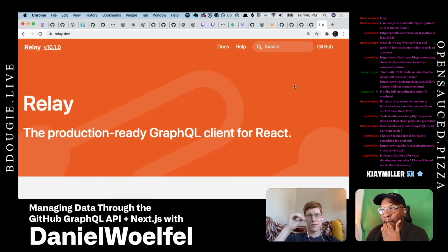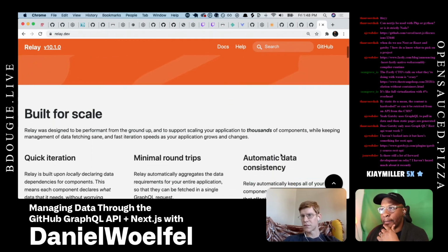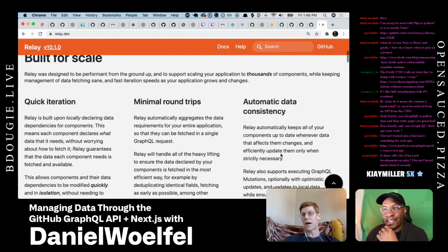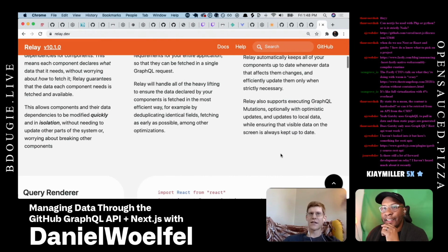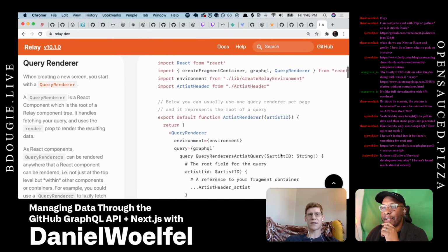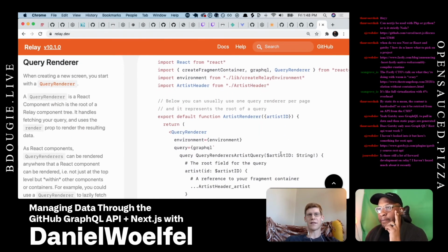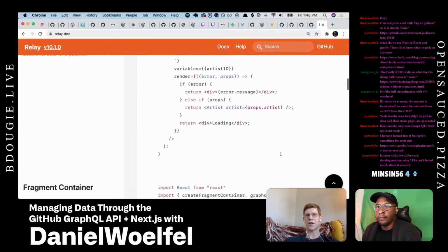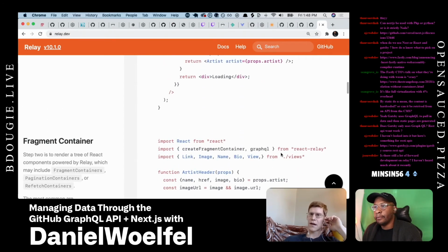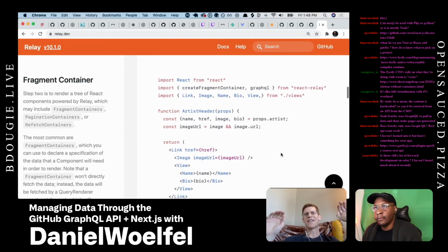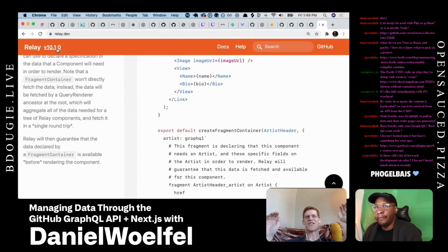Jason WebDev asked, is there a lot of forward development for Relay? Because he hasn't seen a lot of movement recently. They've definitely been pushing some big improvements lately. They work really closely with the React team, and they've been working with React on the gold standard of concurrent mode. So I think that's why it seems like they haven't pushed out a lot of marketing material, and they're not trying to get a bunch of users.